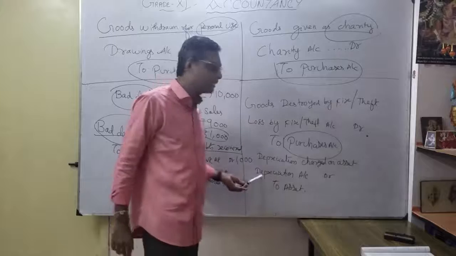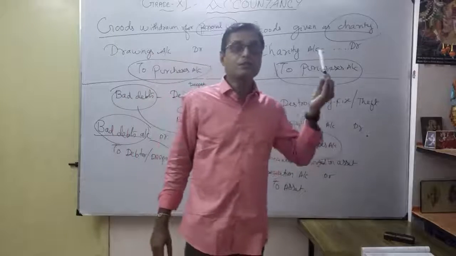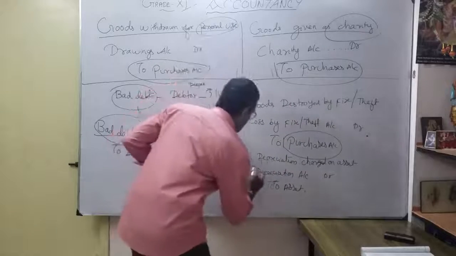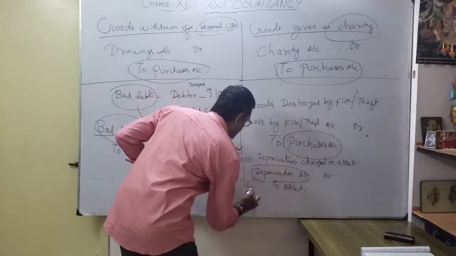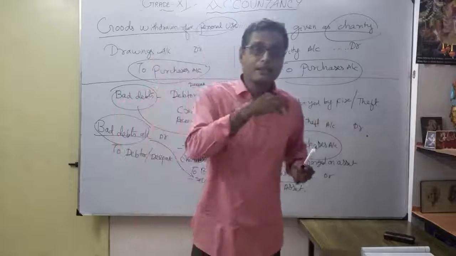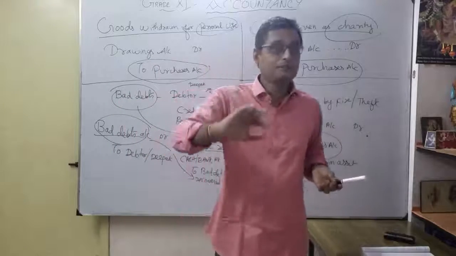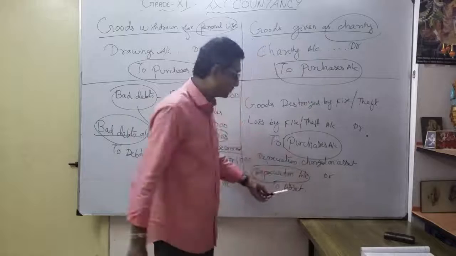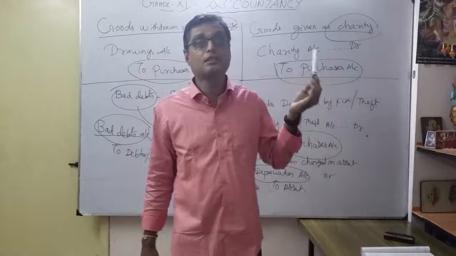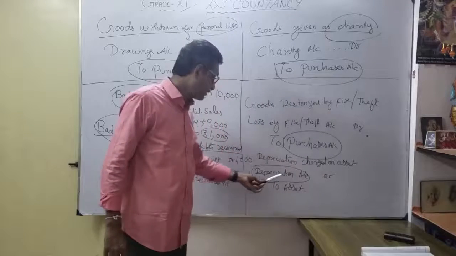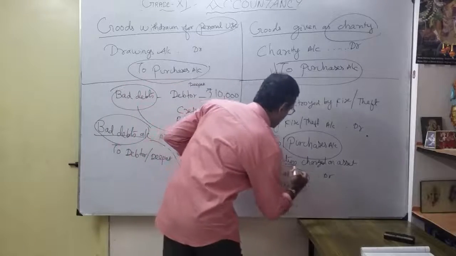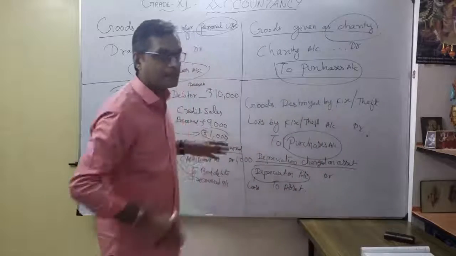Why is depreciation debited? It comes under nominal account, so debit all expenses and losses. Depreciation is, for me, a loss, not an expense. You understood? Because when it is called an expense, I pay money out of my pocket. Here I am only reducing the value of the asset. That's why I consider it a loss. So coming under nominal account, debit all expenses and losses. That's why I am debiting. So depreciation account debit to asset account. You understood, especially for depreciation charged on asset. That's one of the examples here.